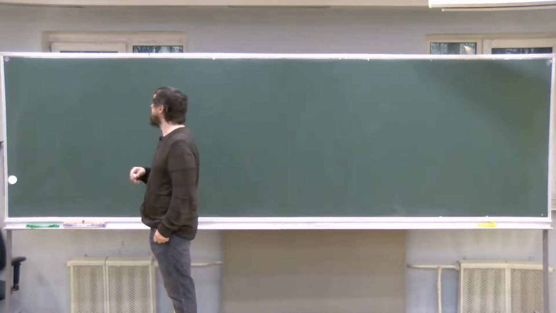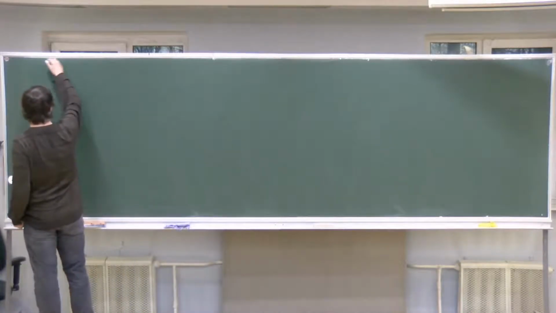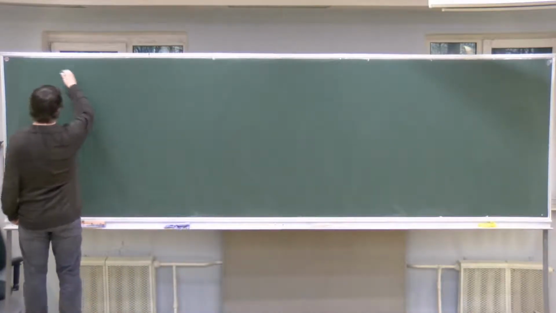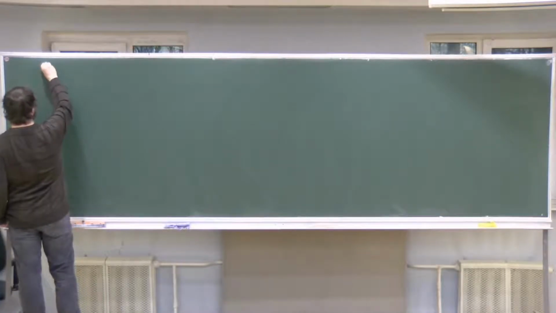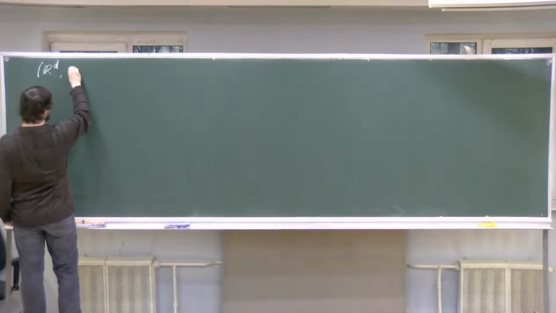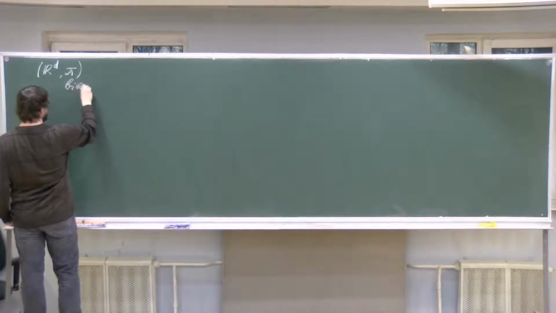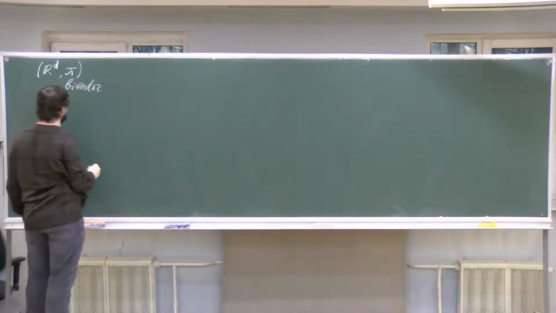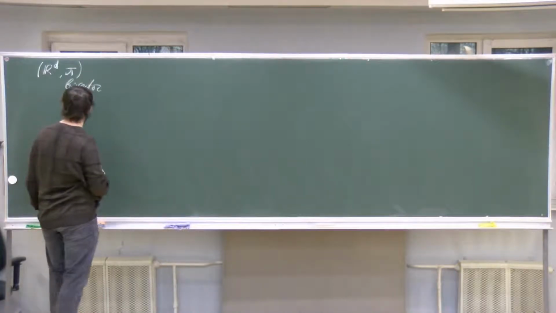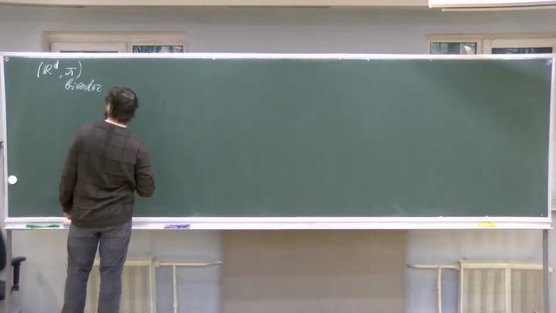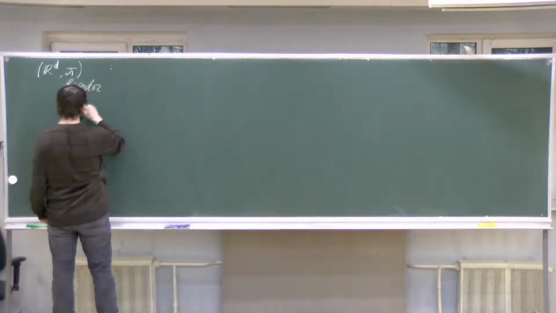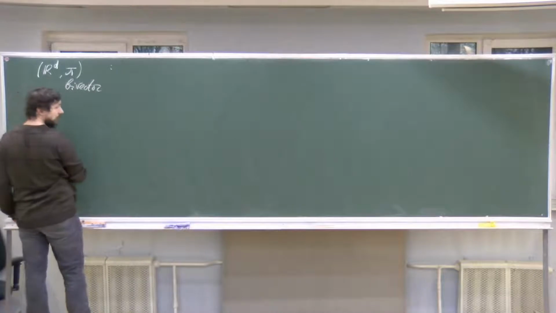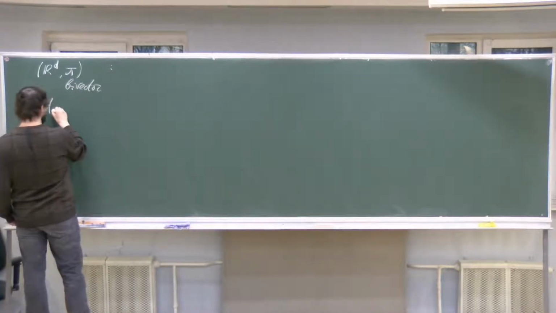So first of all, let me recall the formulation of Kontsevich's result. Suppose you have a Poisson structure on R^d, a Euclidean space of dimension d, where pi is a bivector. It can be a genuine bivector whose rank changes depending on the point. Then Kontsevich constructed an infinity morphism U with coefficients U_n